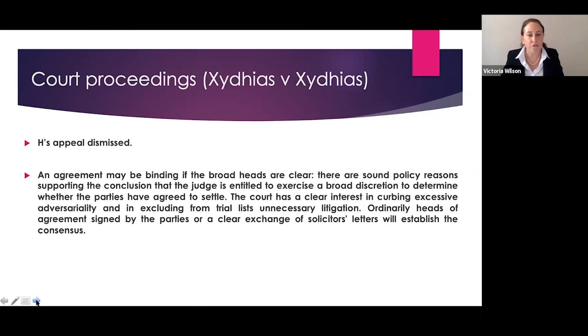If we ever get back to court when it's 5 o'clock, you finally reached agreement and you don't have time to type out an order there and then, if you do your bullet points, the main heads of agreement, and get them signed, this is the justification that should establish the consensus in most cases.